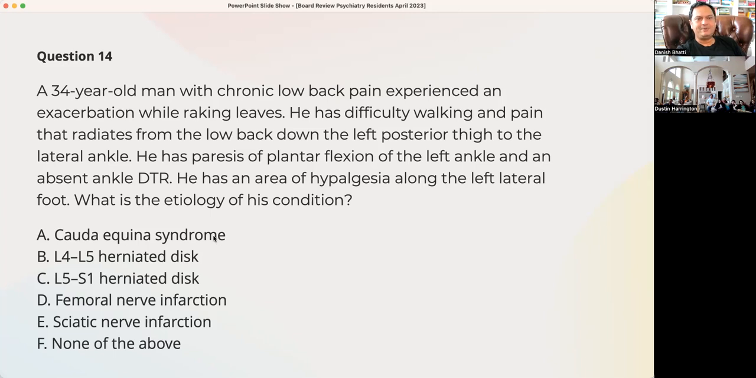Cauda equina is unlikely because there is no bladder problem. There is no analgesia around the anal area. The femoral nerve infarction is unlikely because the pain is starting from the back and going down. Sciatic nerve infarction is possible, but we are not seeing the foot drop that we'd see with the sciatic nerve